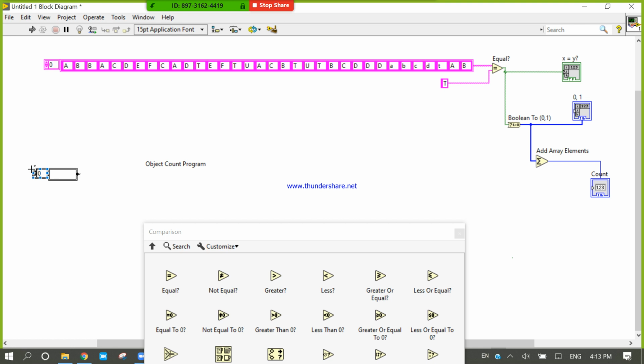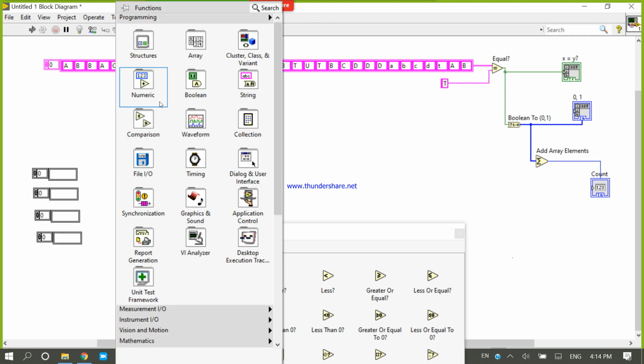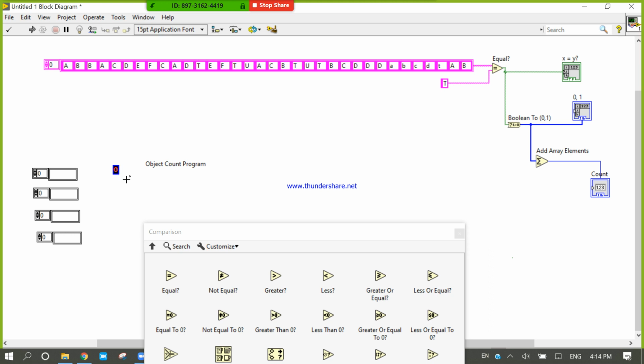The person Devojit is asking how to append an array. So I have a second array, third array, fourth array. I have four arrays with numerics placed inside.